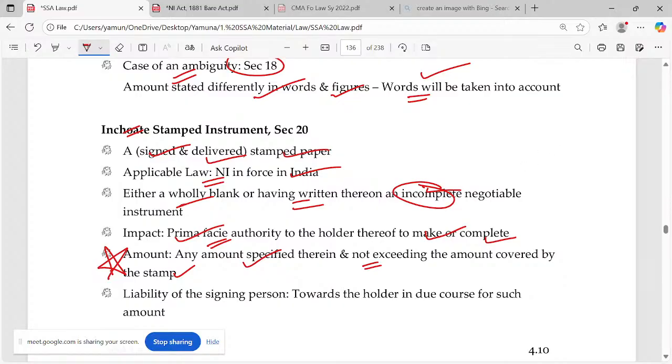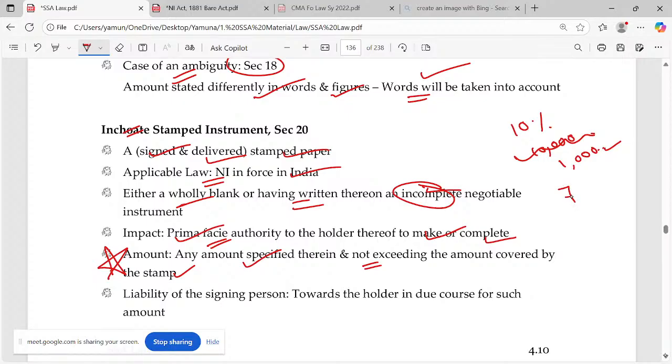Okay, for convenience's sake, let me take that there is a document on which you have to pay 10% stamp duty. Let us take the amount in the transaction as 10,000. Then how much stamp duty? 1,000. You have paid 1,000 rupees stamp duty, but you have not mentioned this as 10,000. Okay, now up to how much amount can be filled in? Up to 10,000 can be filled in, because you have considered 10% for 10,000.